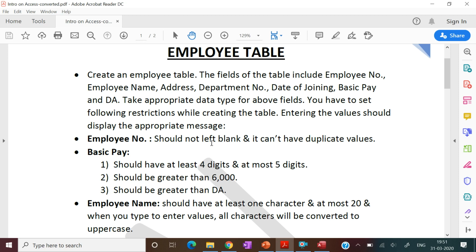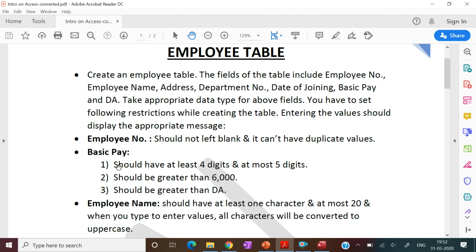There would be no duplications in employee number. Like in college, every student has a different roll number, so they have their identity through their roll number, and it can't be duplicate. So here we will put all the employee numbers in the primary key, to avoid duplications.